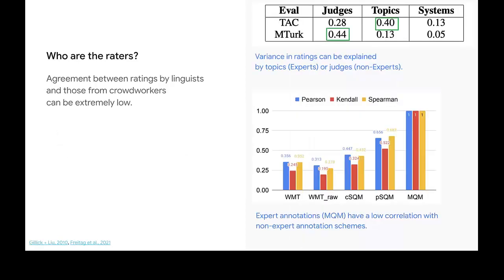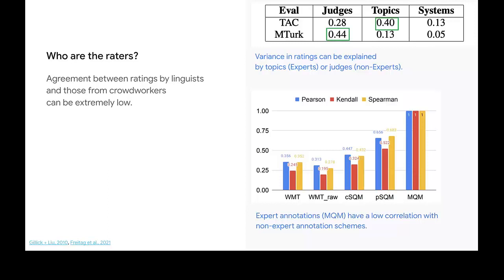Not only that, also who is measuring can have a huge impact on the resulting outcome. I want to briefly mention 2 studies here. The first one tried to attribute variance in ratings to either the topics of a summary or the judges, the people who actually made the ratings.